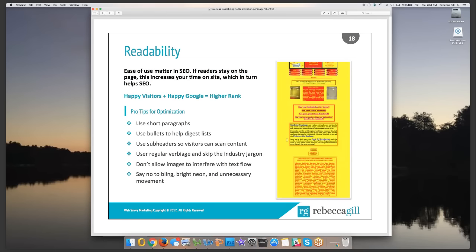Google makes a comment that SEO is about doing small incremental things over and over to help increase the user experience of your website. That's what SEO is to Google. And that's the things that I'm taking you through in this presentation today. So I talked about